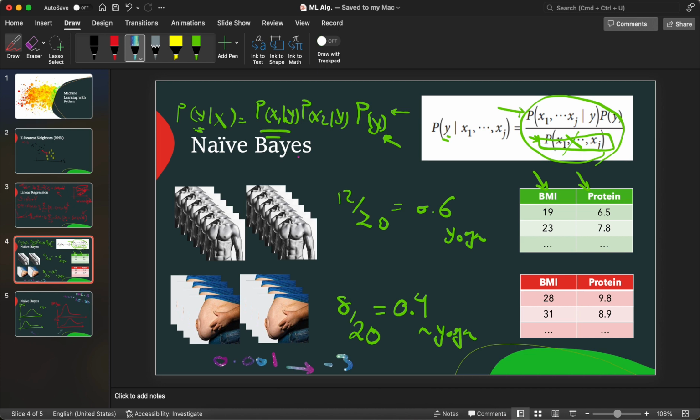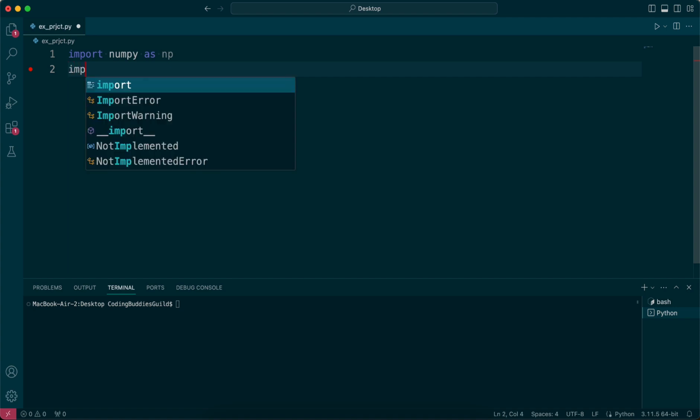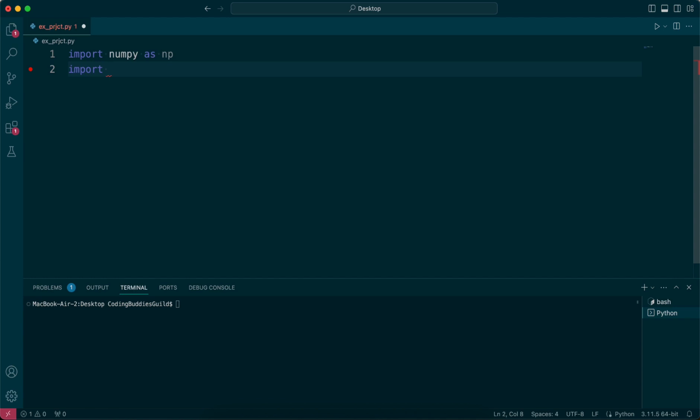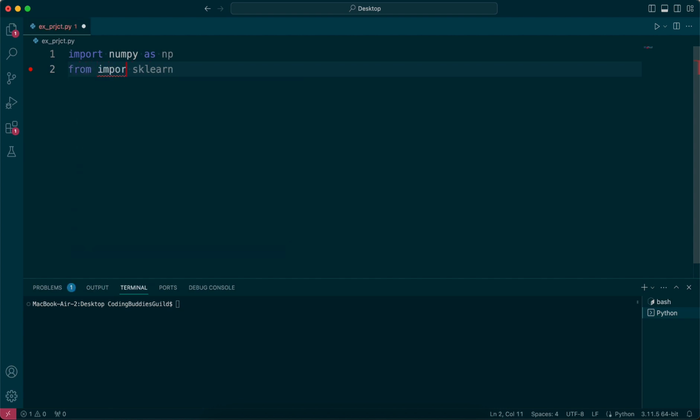Now let's move to Python and see how we can implement it there. Let's open Visual Studio Code. As always, I'm just going to import NumPy as np. Because we want to compare it with the scikit-learn method, I'm also going to import scikit-learn, and well, not the whole thing. I'm just going to go from scikit-learn import